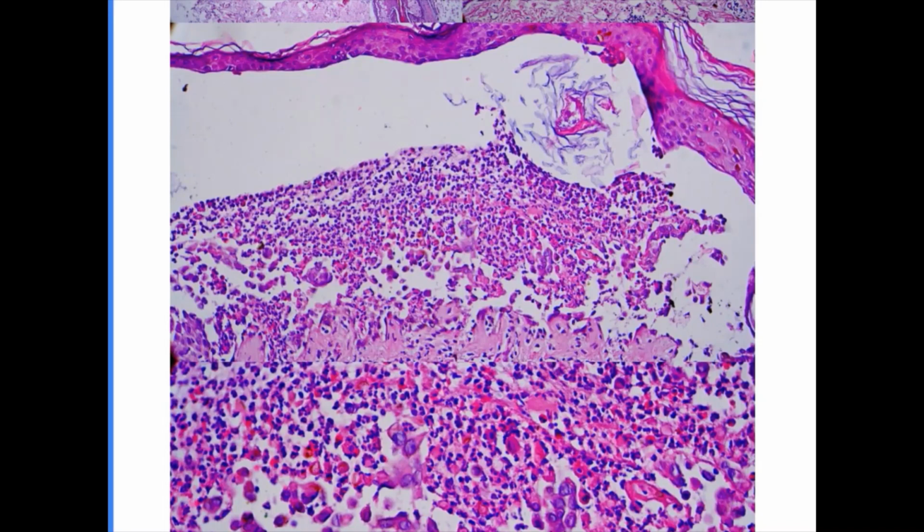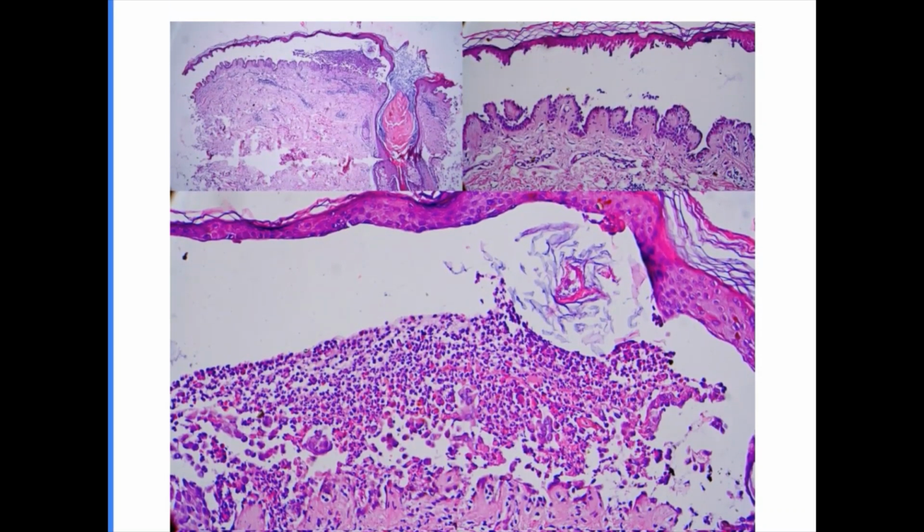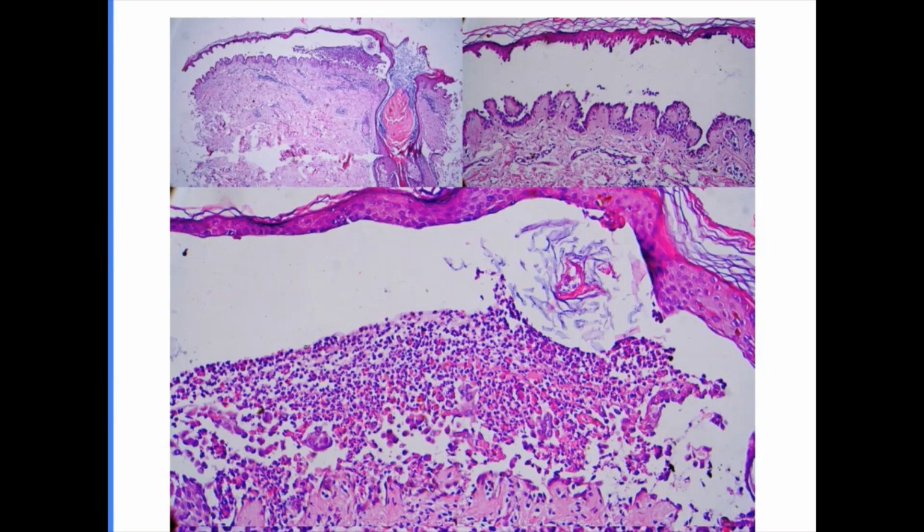Whenever you're seeing the pemphigus vulgaris type of picture, obviously you need to think about Hailey-Hailey disease and all the other acantholytic disorders. So you think about Grover's disease, okay? You think about Darier disease, but then you have to also correlate with the clinical. Grover's disease can produce a pemphigus vulgaris type of histological picture, but the clinical picture is against Grover's. It's against Darier as well. Hailey-Hailey obviously involves the flexures. Again, you can rule this out here.